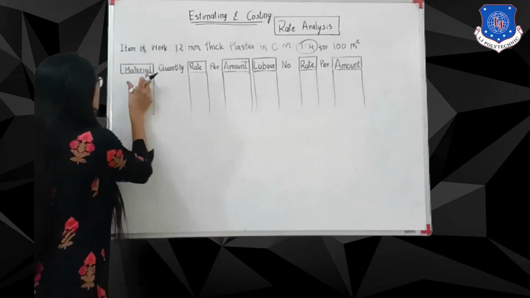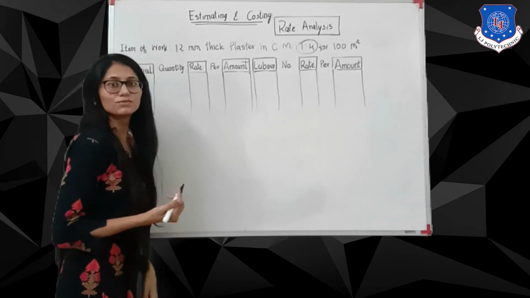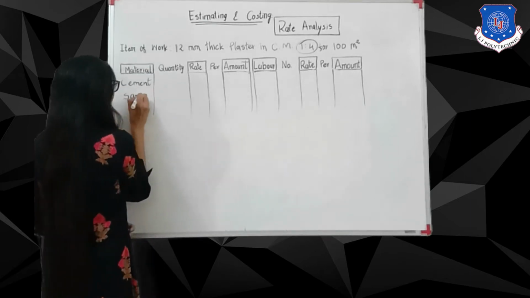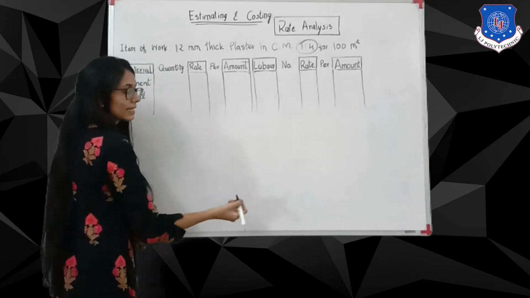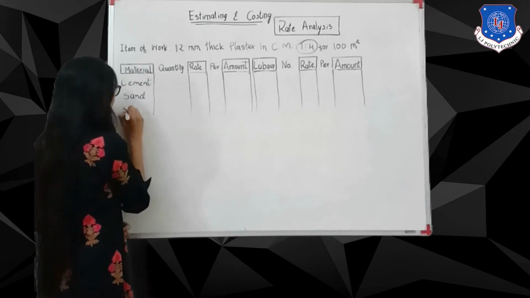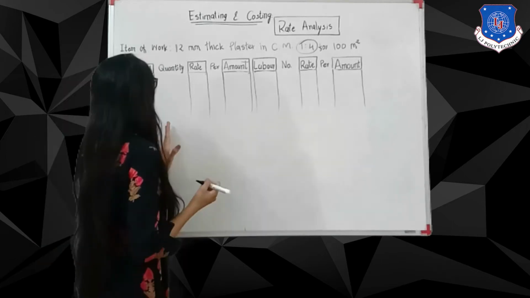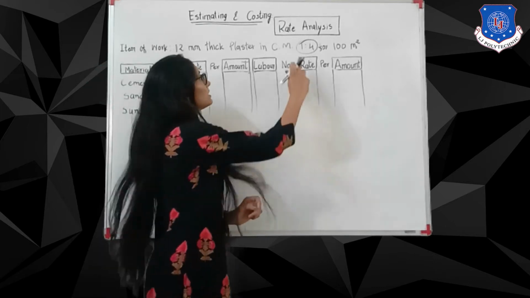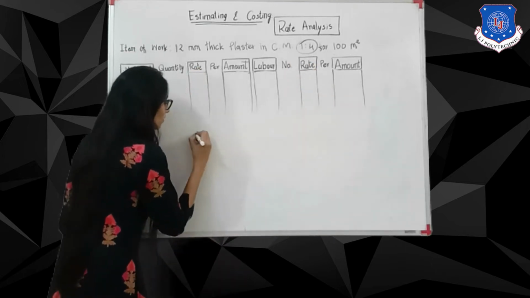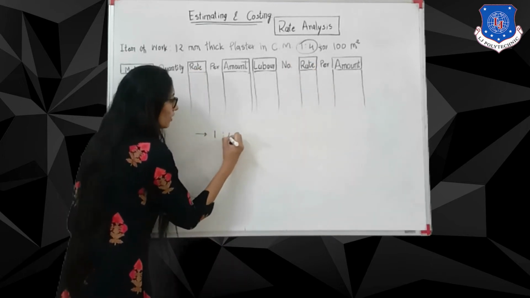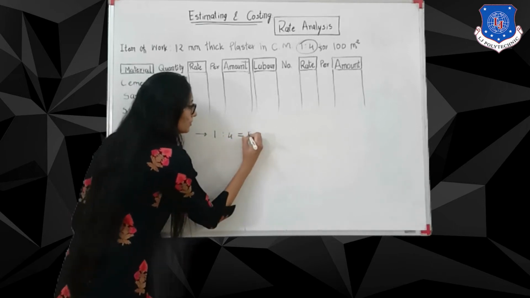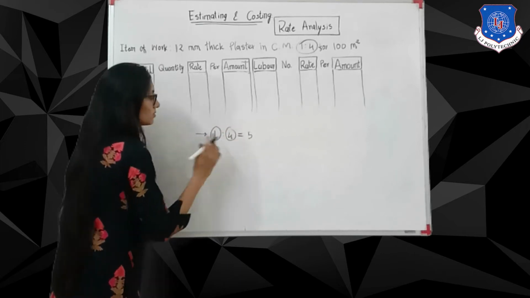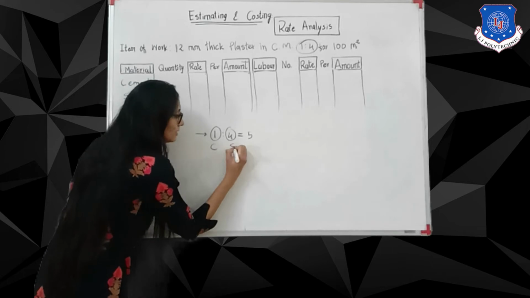First we're going to cover the materials. For plaster work, first we require cement, then sand and water. Water we are taking in percentage. Finally I am adding the sundries. First we're going to count the quantity of cement. For that we're going to use this proportion, which is 1:4 and makes the total of 5. Now we know that this proportion indicates the ratio of cement and sand.